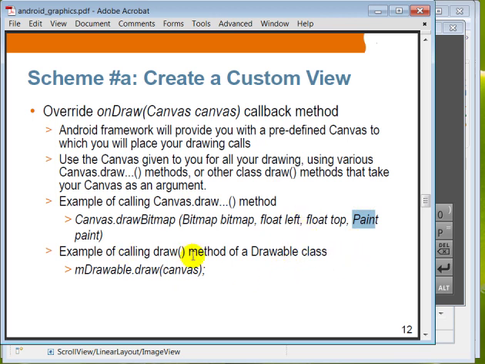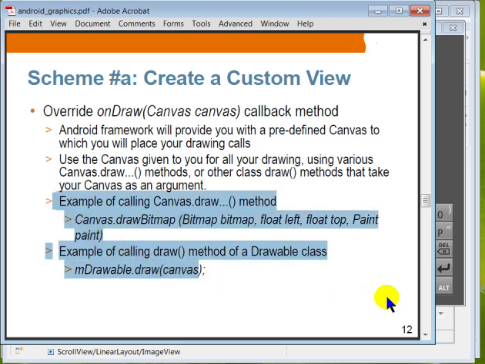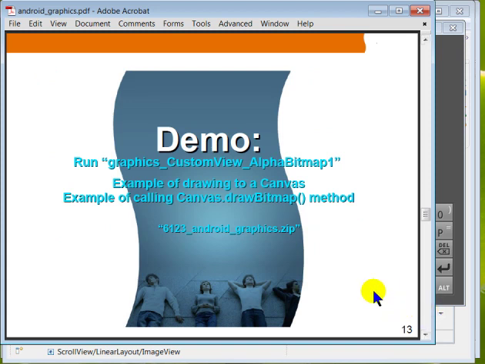However, another way you can do it is that if you happen to have a Drawable object, for example, a ShapeDrawable object, then you can call the draw method of that Drawable class. So you can use either of these schemes. Let's take a look at examples. The first demo is where we are going to see how we can use the draw method of a Canvas object that is passed to the onDraw method of your custom view class. That Canvas object is passed from the Android framework. Okay, so let's take a look at the alpha bitmap 1